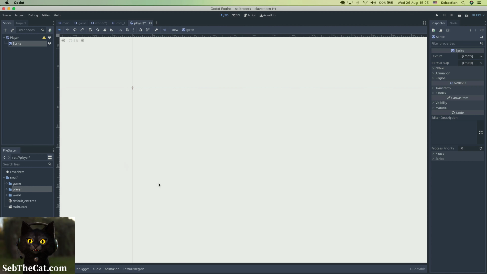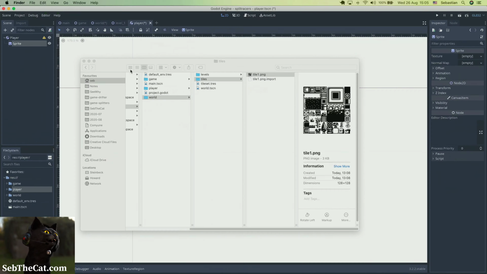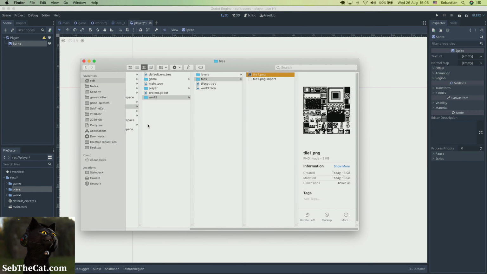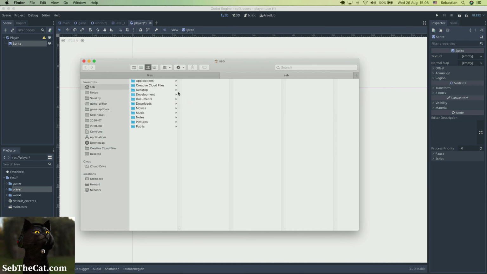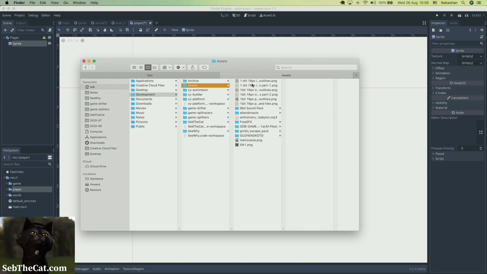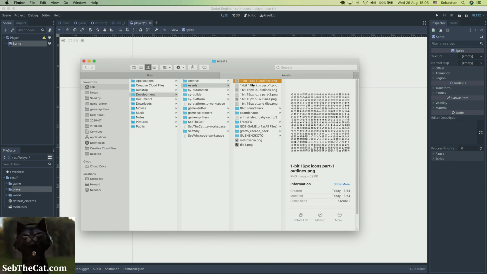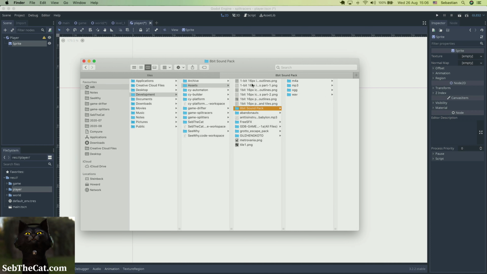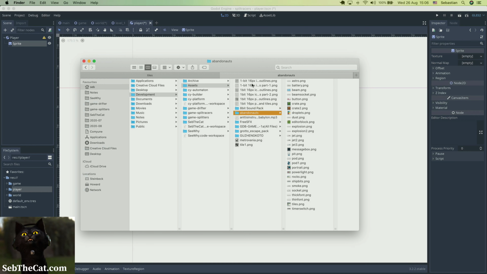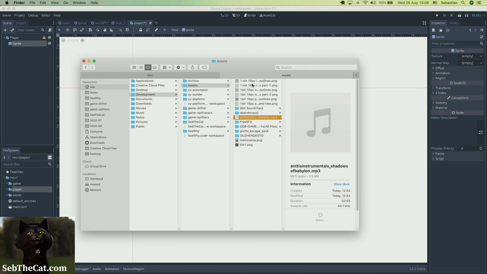Alright, so let's have a look at our assets and see what we have available. So let's bring another one of these. I was looking a little bit at these icons. I think they might do us okay for now as a player character. So in the original implementation of this game,